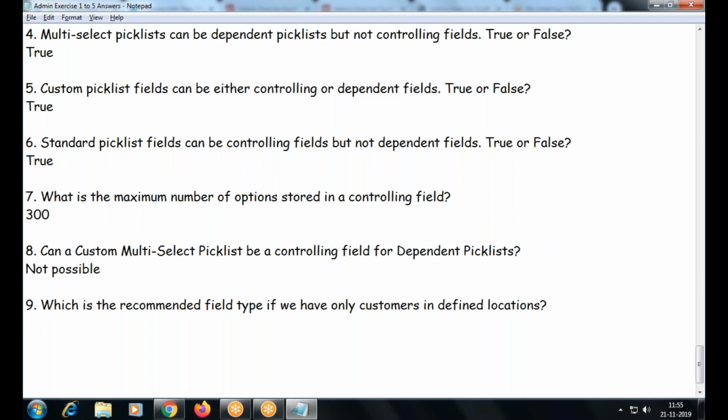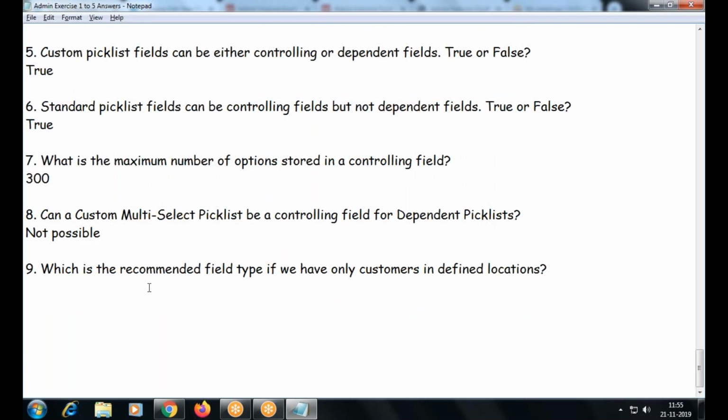So what is the recommended field type if you have a customer in different locations? I create some customer record. Every customer may be from Hyderabad, Chennai, or Bangalore. What type of field will I create? Text or pick list? Pick list, right? Defined set, go with pick list. So how will you restrict invalid data? Pick list only. If you leave it as a text type, what will happen? Any values can be entered, right? You have to take care of validating the data by using a program or some other feature. Okay, so this is the best way.